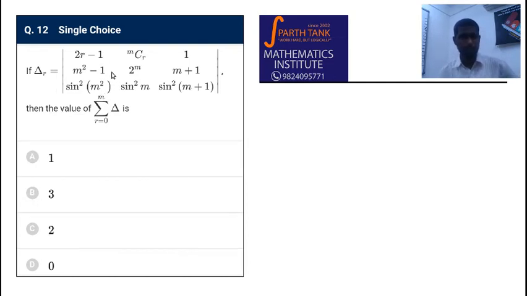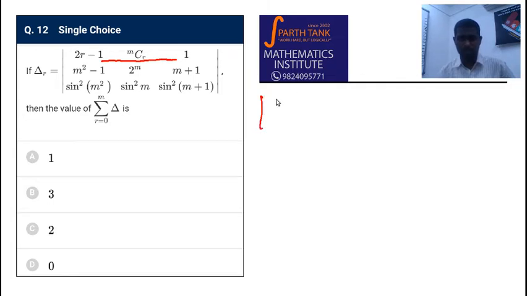How to do this problem? It seems very frightening in the beginning, and even to expand this determinant is going to be a big difficulty. It is not going to be a very simple term. But remember that in this series of determinants for r is equal to 0, r is equal to 1, r is equal to 2, the second and the third rows are going to remain the same, right? These are not functions of r. So we have determinants in which only the first row keeps changing.